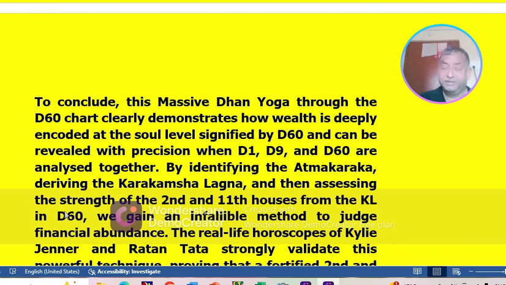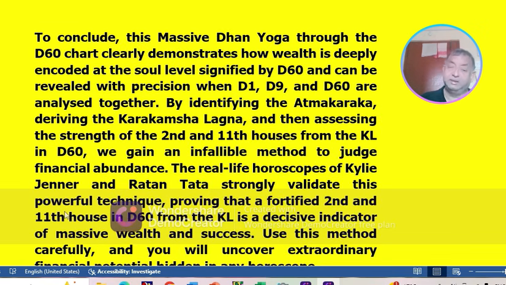It can be rebuilt with precision when D1, D9 and D60 are analyzed together, by identifying the Atmakaraka, deriving the Karakamsha Lagna, and then assessing the strength of the second and 11th houses